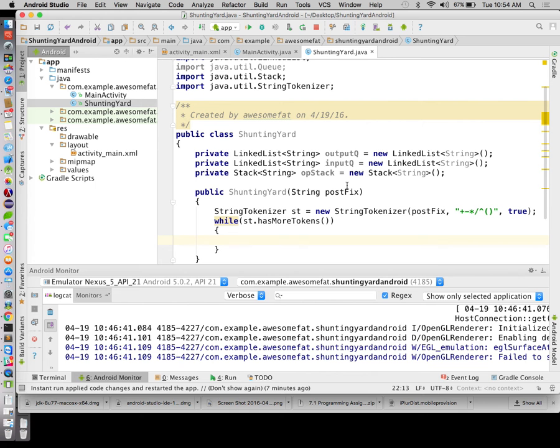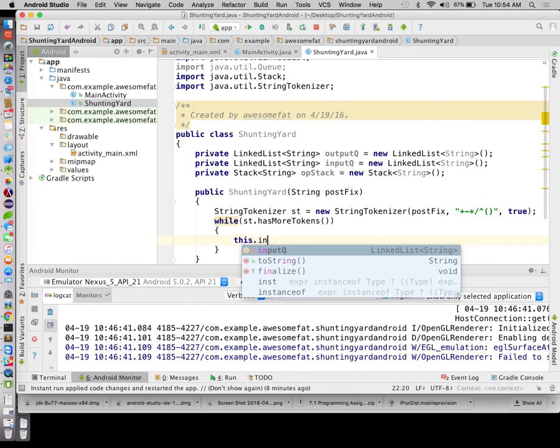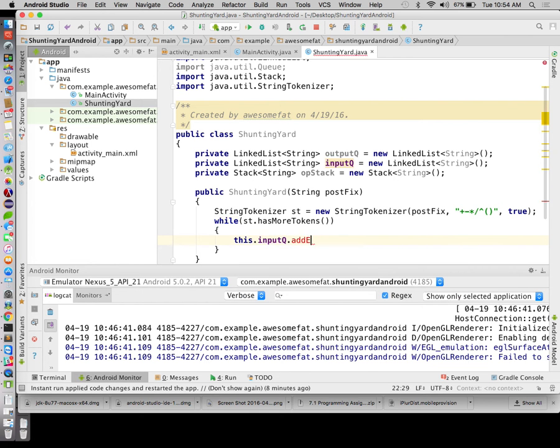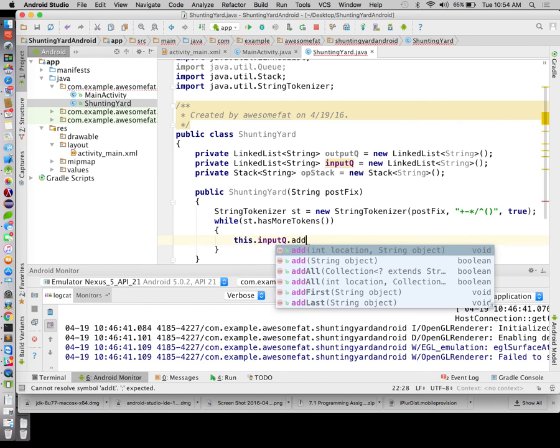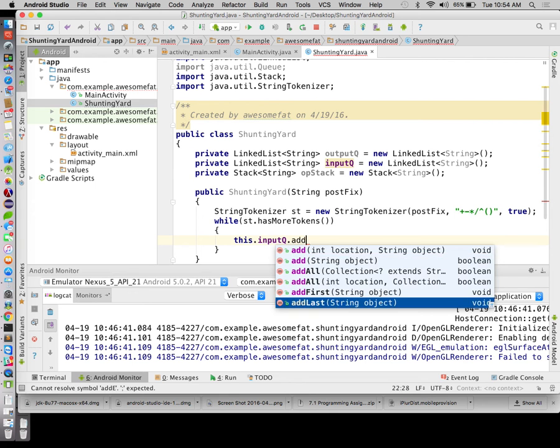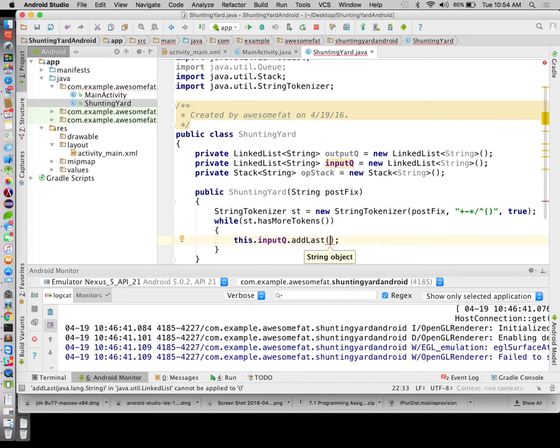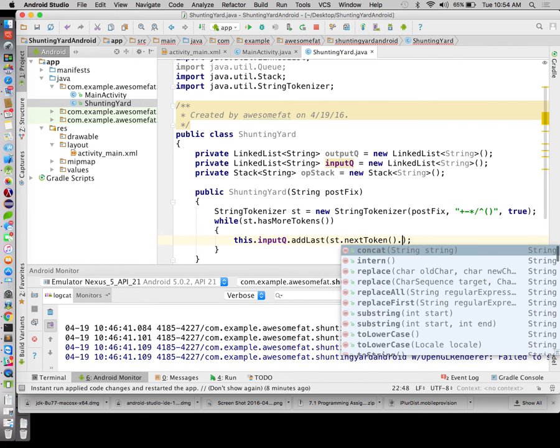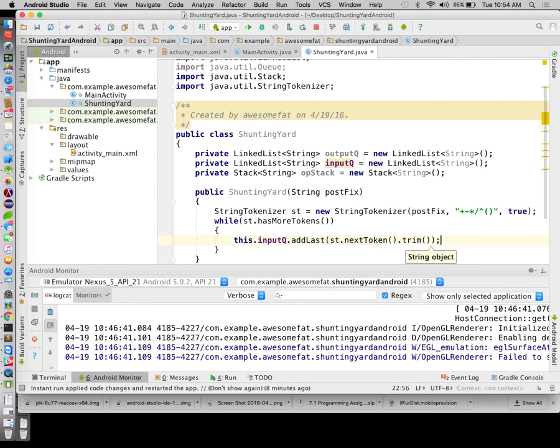So we're going to say this dot input queue dot add. Where's this guy? Yeah, we'll do addLast. And what are we adding to last? Some string. What string? st.nextToken.trim. That should put it into our linked list there. And we'll keep doing that as long as there are more tokens inside of our tokenizer. All right, and then for right now,